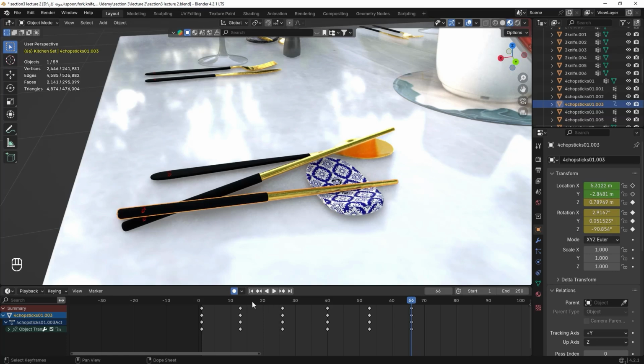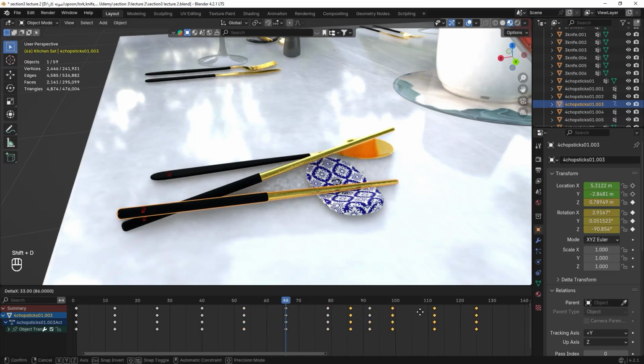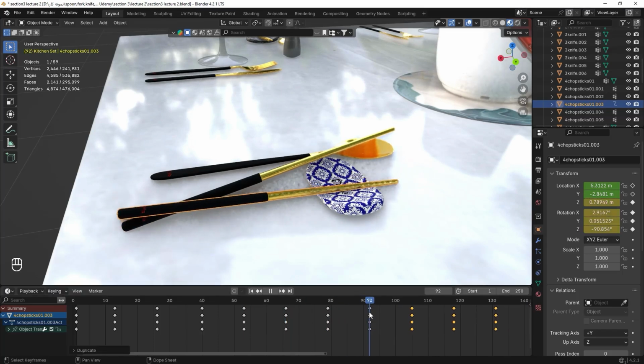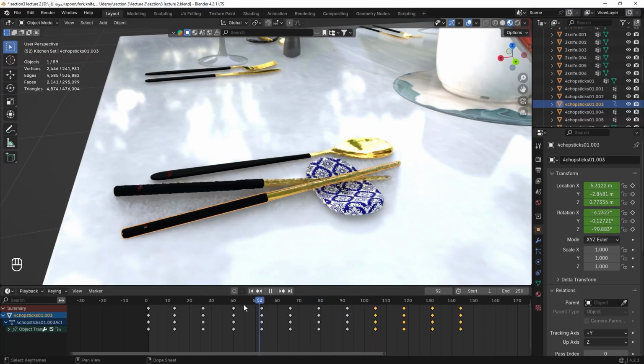So let's start. First, we must turn off the auto keyframe and then duplicate the last two keyframes and move 13 frames forward and place them on frame 92, and then duplicate the last four keyframes this time, and we take it and move it forward 13 frames again and place it on frame 144,